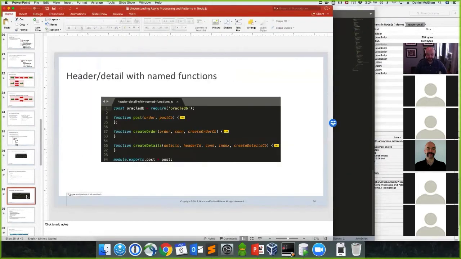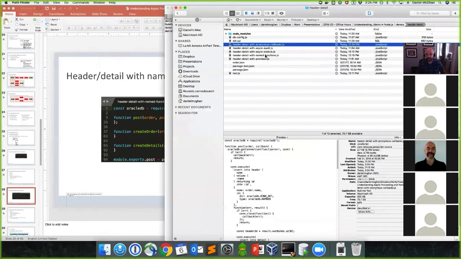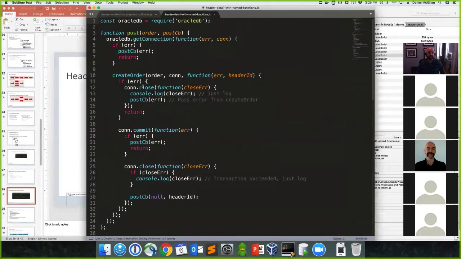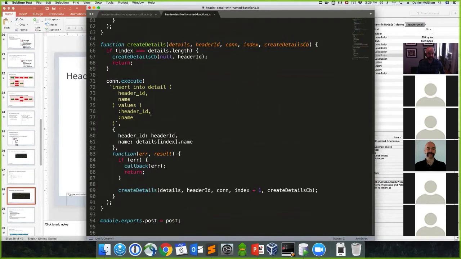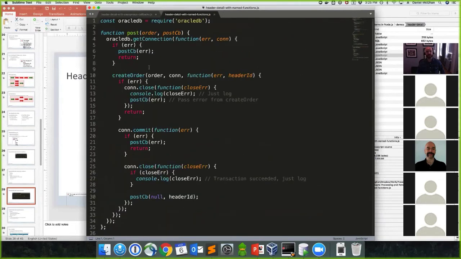So as Node developers get more comfortable with JavaScript, they eventually stumble upon named functions. And you're seeing here the 30,000-foot overview of what's happening. So here's a function called post, here's one called create order, and here's one called create details. So we're starting to sort of separate out the work some. And if we look at our named function example, you'll see overall we're down to about 94 lines of code,